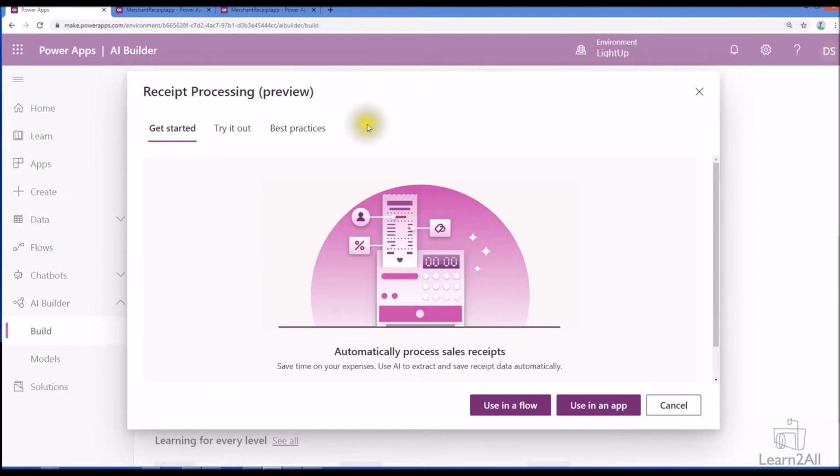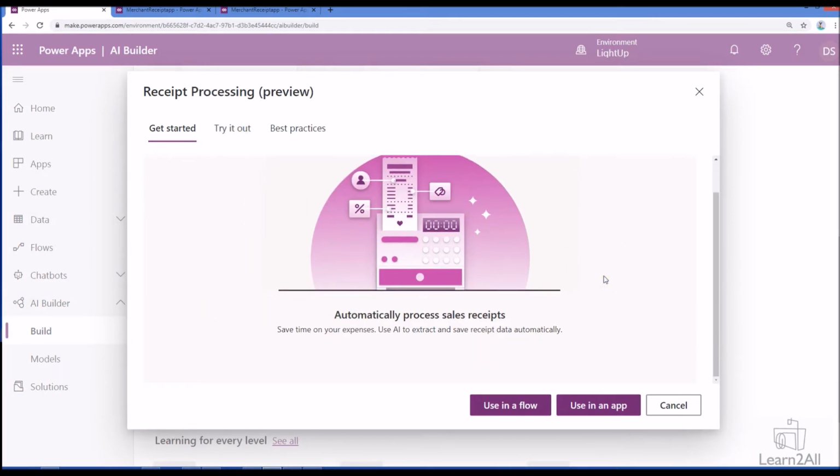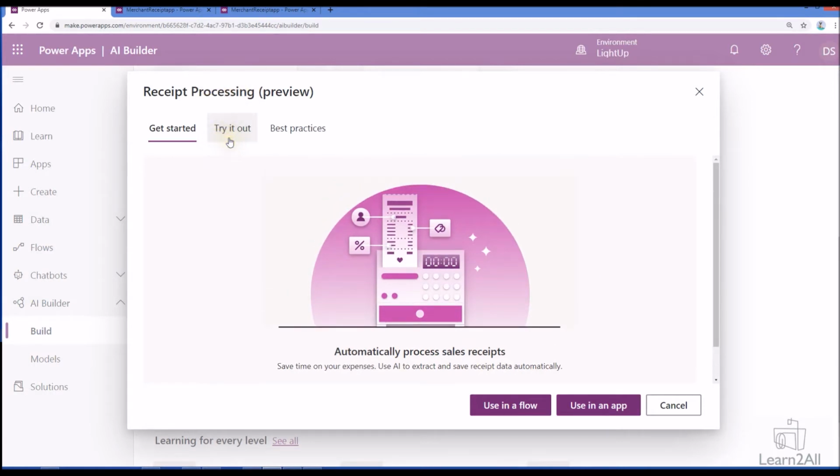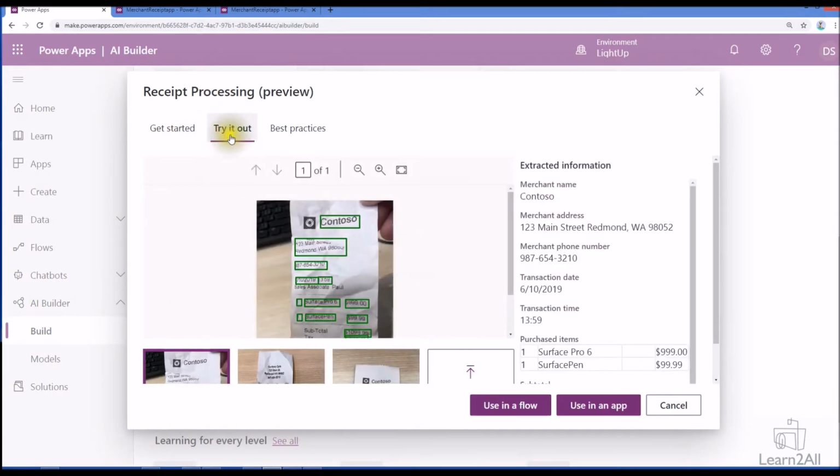Just click on that. It will open a pop-up like this. Here all the information has been provided in a very easy manner. You don't require any coding skill to use this AI Builder model. Here the Try it out option is available.